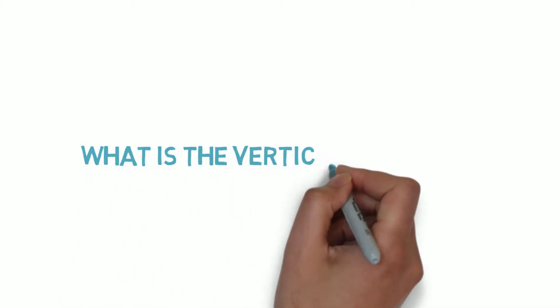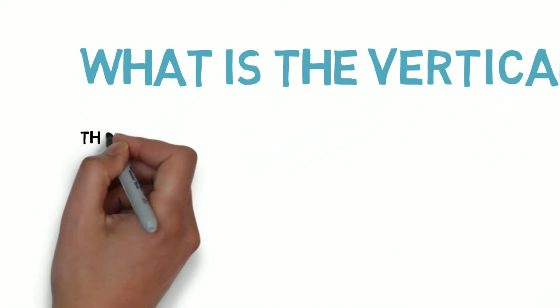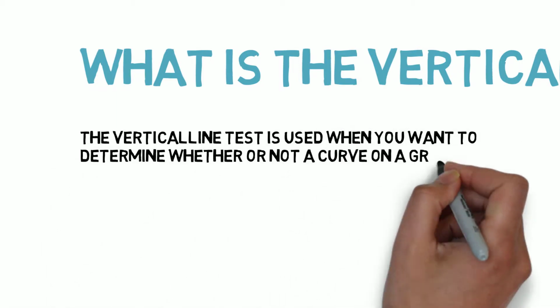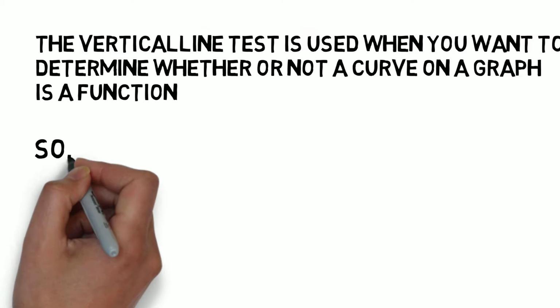What is the vertical line test? Well, the vertical line test is used when you want to determine whether a curve on a graph is a function or not. So let's draw a graph,